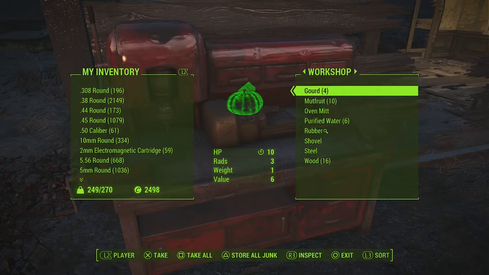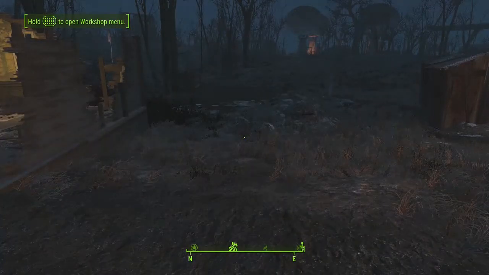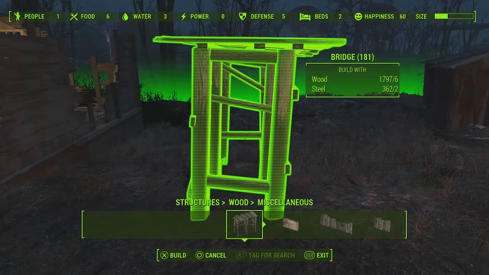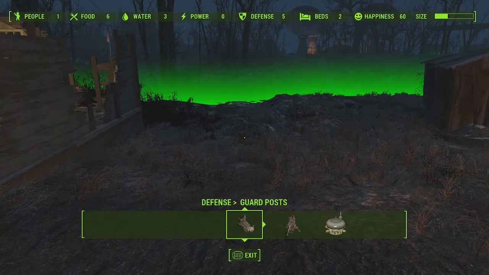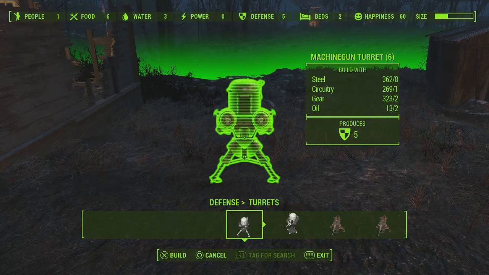So whatever's stored in there is individual to each settlement. However, by linking the actual settlement itself to the trade route, once you go into construction mode, it gives you access to the resources, as you'll see there. So if I was to click on something different, let's go into defense, turrets. You can see there, steel, circuitry, gear, oil. I'm running out of oil. So you've got access to all of these resources, so you could start building up